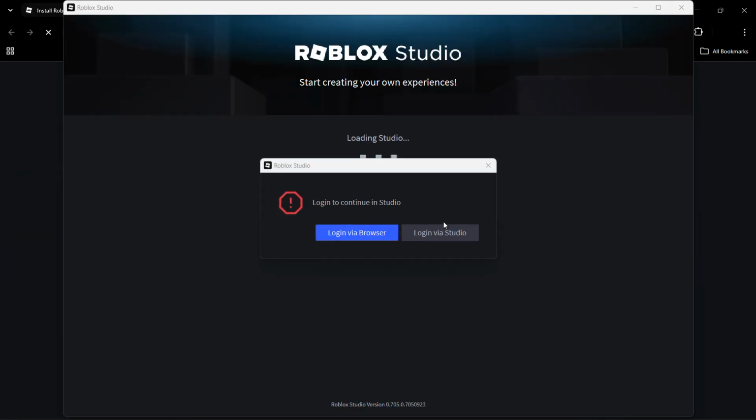Now here you can see once the download has been successful, you can simply log in either via the browser or the studio. So once you log in, you will be able to create your own game and publish it